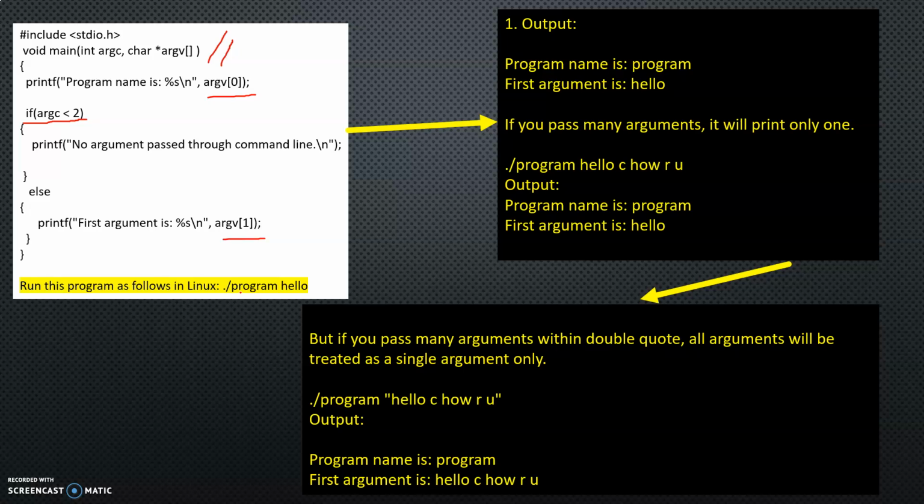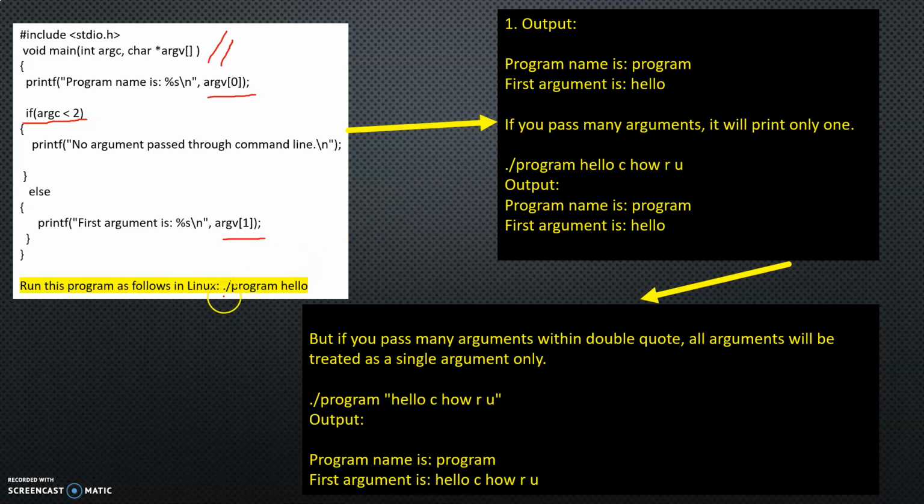This is the actual syntax, and for this we are going to write dot slash program. That means the file name is program. And the second thing is we are writing hello. In the general case we write gcc space filename.c, give an enter, then go dot slash a dot out, enter, then enter the values of a and b. But in the case of command line argument, you have to put the value beside the run syntax.